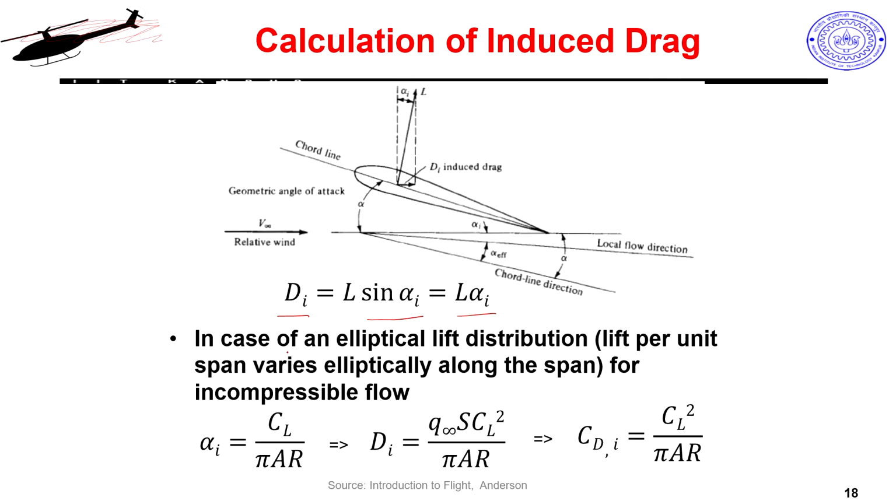And now here I am going to introduce something which unfortunately I will not have time to go into the depth of. If you want to understand and read this more, you can look at any good book on aerodynamics. For our course we have given the reference of Introduction to Flight, that also has some details, but if you want further details, you can look at Anderson's book on aerodynamics or any other good book. That will explain this elliptical distribution and lifting line theory and all underlying assumptions, but that is not critical for a UAV engineer.